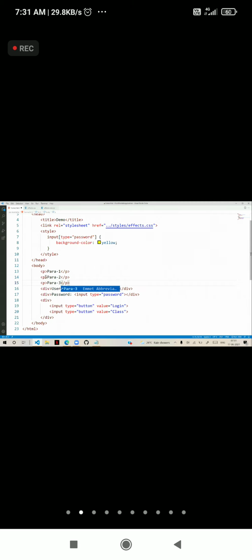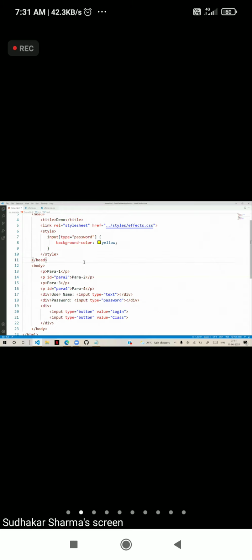In this one paragraph is having an ID as para 2, and the fourth paragraph is also having ID para 4, but those IDs are different. Now I want to apply to the second and fourth paragraph.